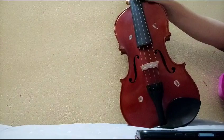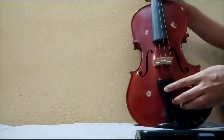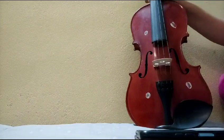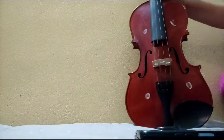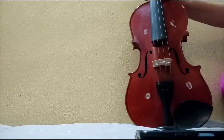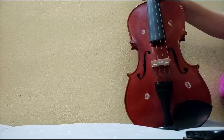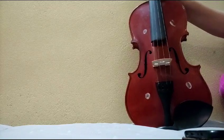And whenever I am changing the pitch of a certain string, I have to see that I am rotating the peg over here and the screw here connected to that string. So for any increase in the pitch, you are going to rotate the peg as well as the screw in the clockwise direction. And if you are doing that in the anti-clockwise direction, then the pitch or the frequency is